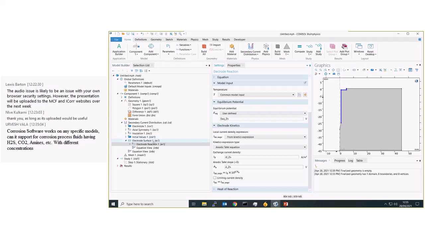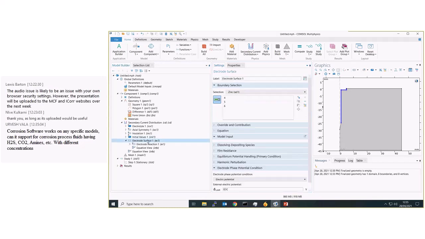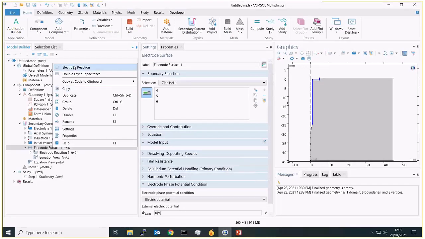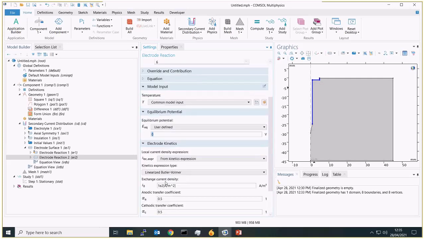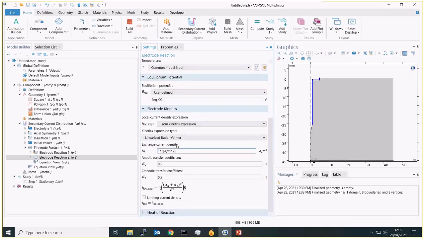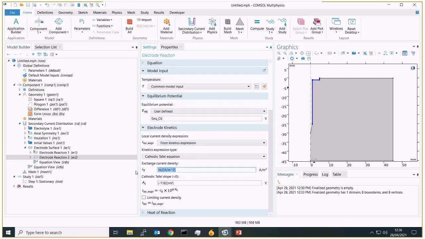We now want to define our oxygen reaction on this surface as well. So we can have multiple reactions on the same electrode surface. We can just right-click and add a new electrode reaction this way. And now again we're selecting these boundaries for our oxygen reaction. So we'll set our equilibrium potential as EEQ_O2, and then we'll set our Tafel equation being our cathodic Tafel equation.